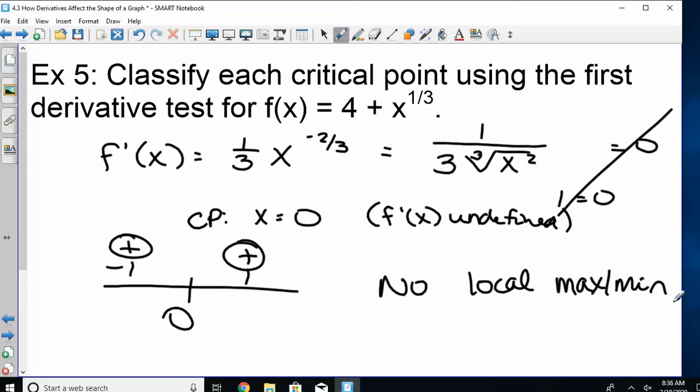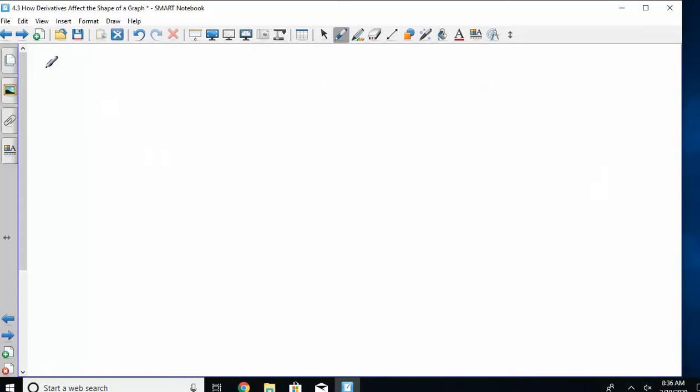Okay, so now let's talk about the next few days. What's going to happen. For tonight, you have a handout that I'm going to give you for homework. You are not going to turn in your homework to the sub. So that means when I get back Thursday, you are going to have several things to turn in to me. So don't give this to the sub. You'll give it to me on Thursday. Tomorrow,